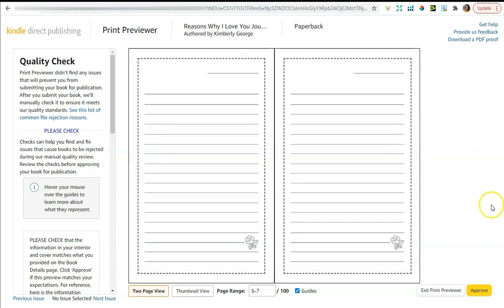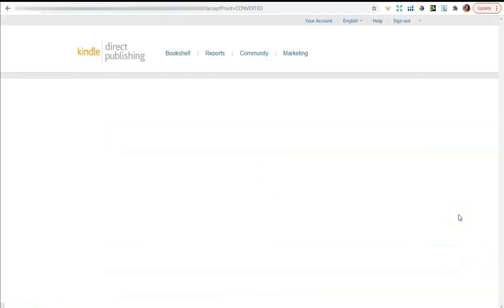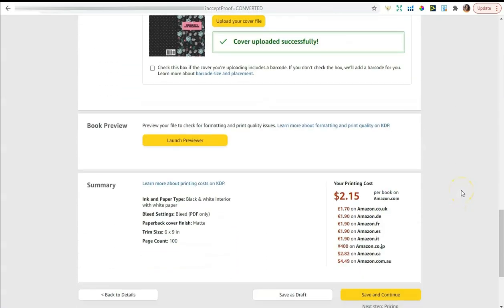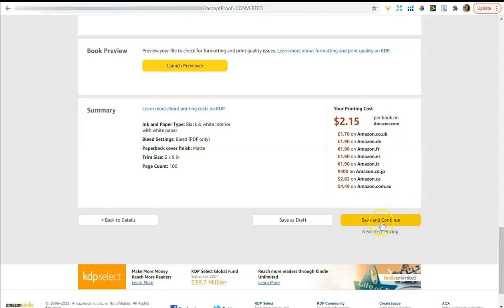So once you're satisfied, we don't have any issues over here to the left, because if you did, you would see some things come up in red, and you would have to rectify those issues in order to proceed with publishing. So once we're finished with looking through everything and we're good, we're going to go ahead and click Approve at the bottom of this. Okay, so we've gotten that done. So now we can go on to the next page and click Save and Continue,